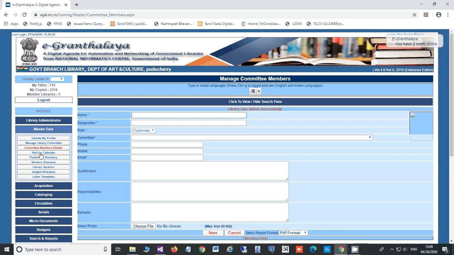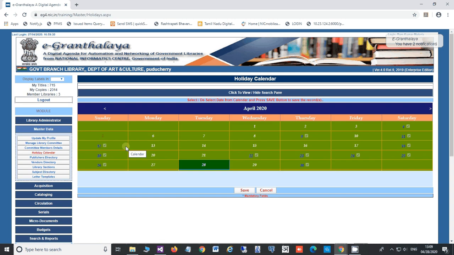Then the next form is the holiday calendar. Basically, the holiday calendar is required for the circulation module where the fine system is enabled by the library. Here you need to tag all the holidays of a particular year and then save those dates.